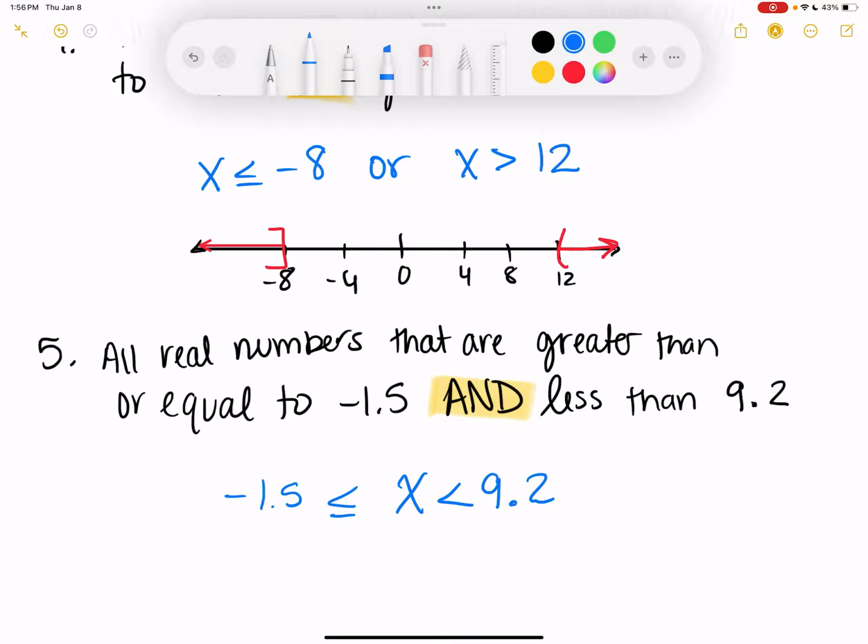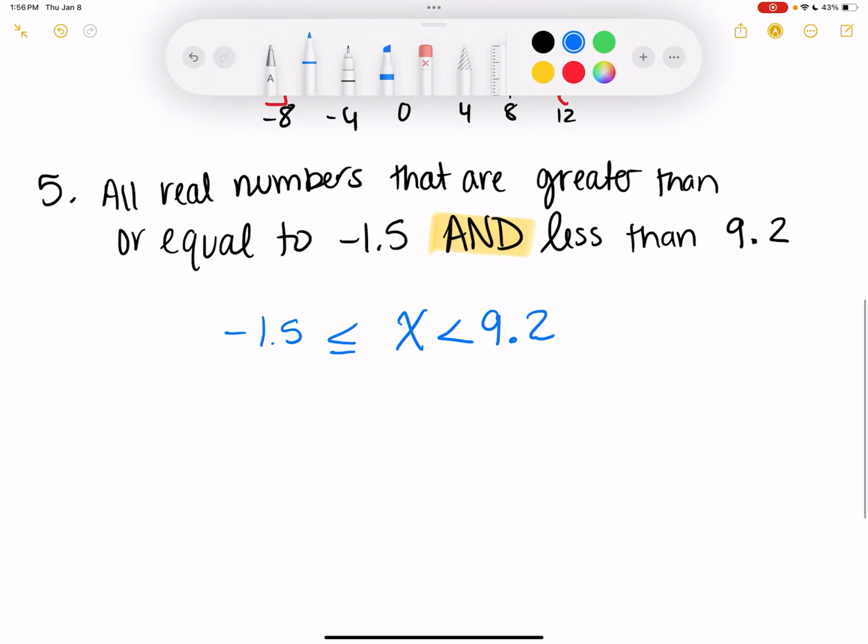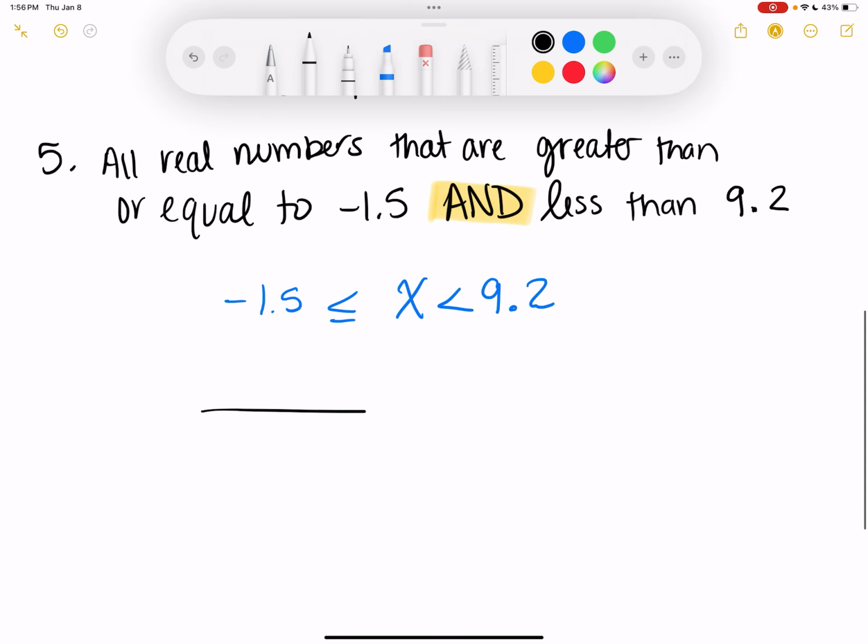So if it's an and problem, the x is between. If it's an or problem, you have two separate inequalities. So the graph of this one